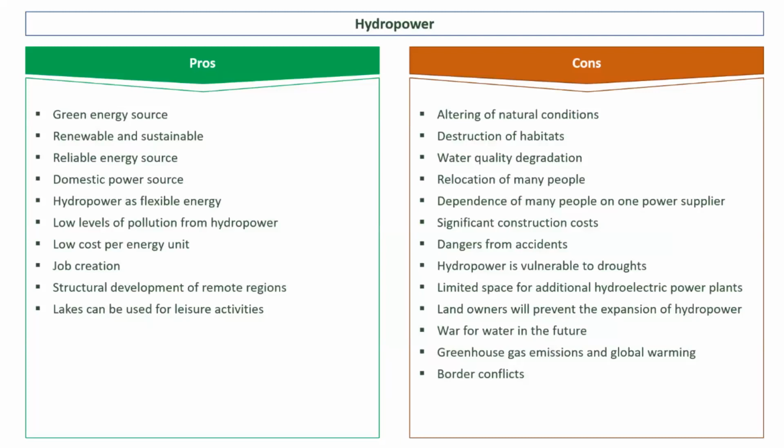And again, with these, there are benefits and disadvantages to all of these different types of energy. And as we go through it, we'll see that one single form of energy isn't going to be enough to provide all of the energy we need. So we're going to need to have some sort of collection of these different sources.